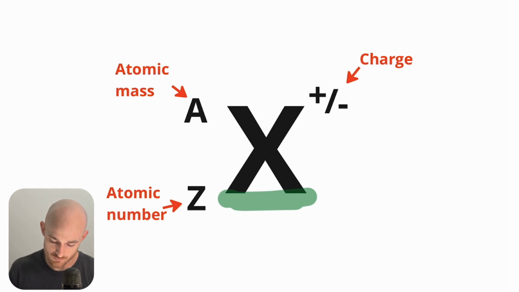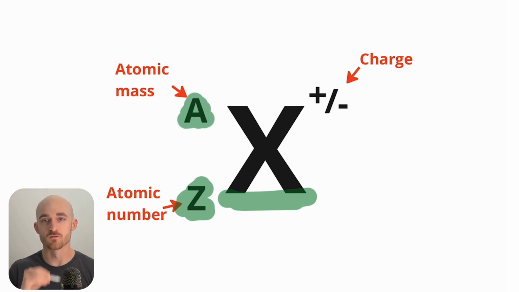All elements can have three numbers, the first one being the atomic number, and that represents the number of protons that are in the nucleus of that atom. The second one is the atomic mass, and that is the number of protons plus the number of neutrons that are in the nucleus of that atom. The third one is the charge, and we find the charge by subtracting the number of electrons from the number